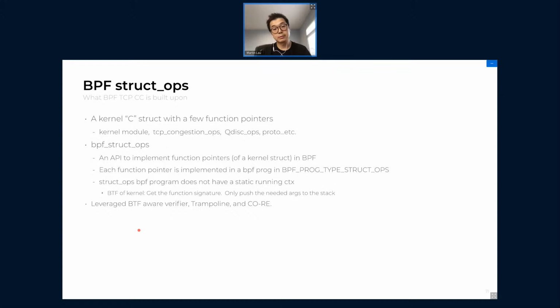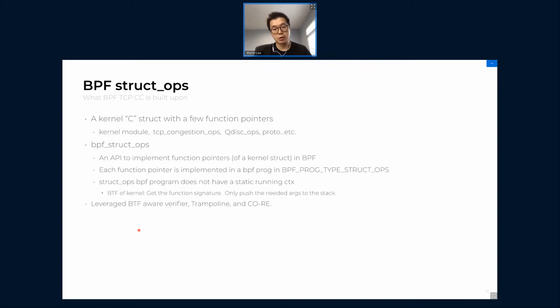When I worked on the BPF congestion control patches, I looked at the tcp_congestion_ops. It is a struct with a few pointers in it, and each pointer does a different thing, and a different congestion control just needs to